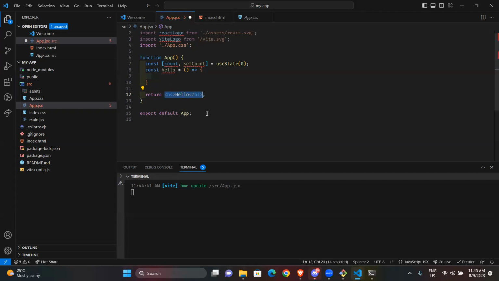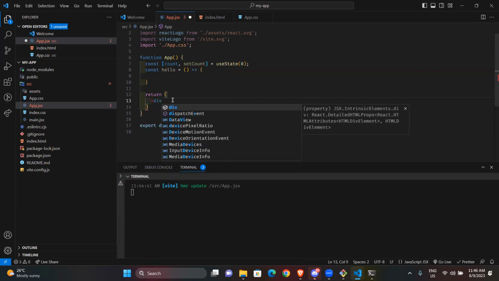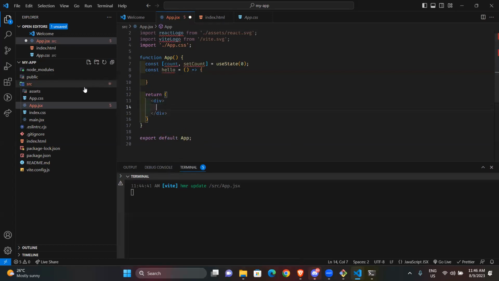So instead of just returning an h4 or something, another way of doing this is you put brackets around it. Then inside here, you can have a div that carries all of them if you choose, and then you can have maybe anything.